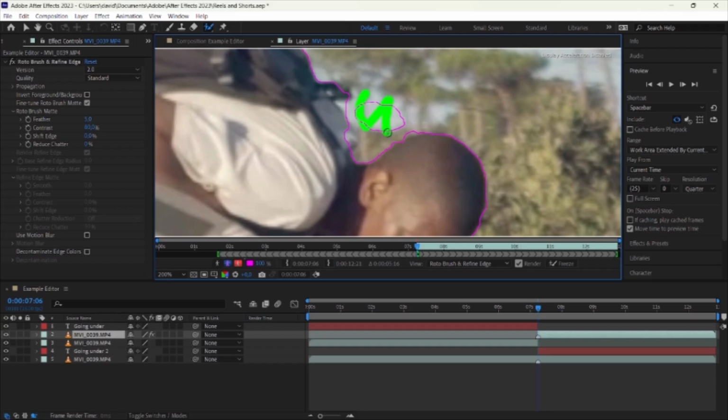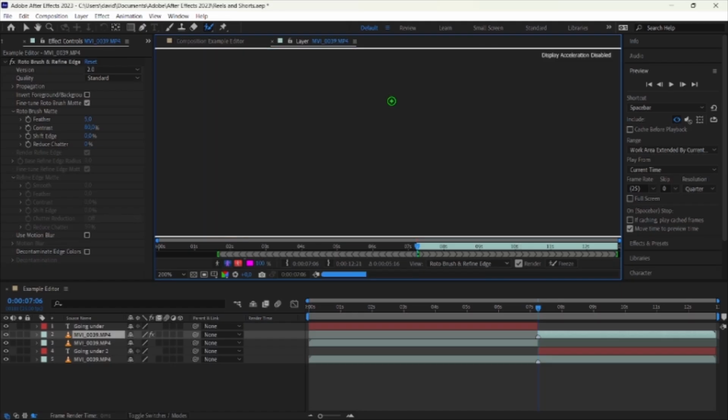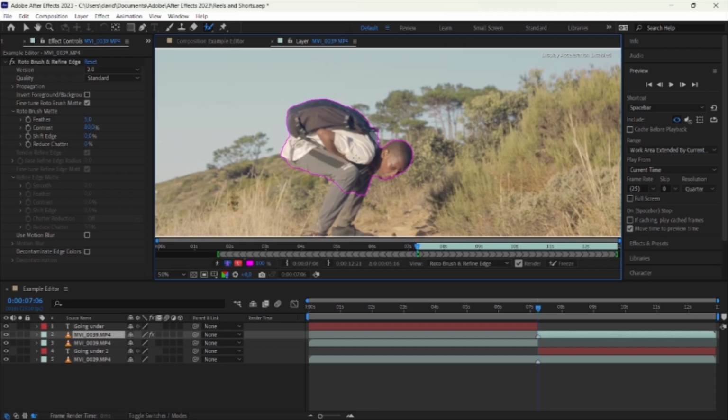Let's remove this one, we don't need it really. Oh, pressed the wrong key there. Let's remove those again. Once I'm happy with that selection, this is how it will basically look.